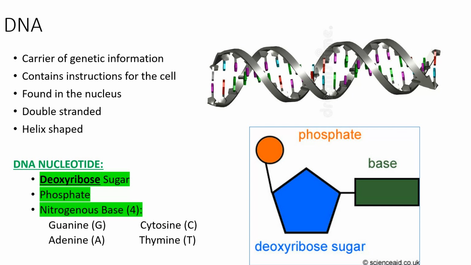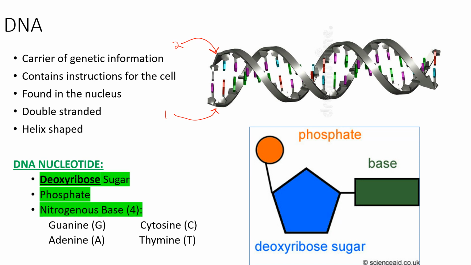Okay, so DNA, what is its job? It is where all the genetic information is found. It contains the instructions for the cell. So just like we talked about in the protein section, the information on how to make these proteins is found in the DNA. Where is DNA found in the cell? It's found in the nucleus of the cell. It is double-stranded, so you can see here you've got one strand of DNA and you've got another strand of DNA. And this DNA, the two strands kind of coil around each other, forming what's called a helix. So sometimes it's referred to as a double helix,